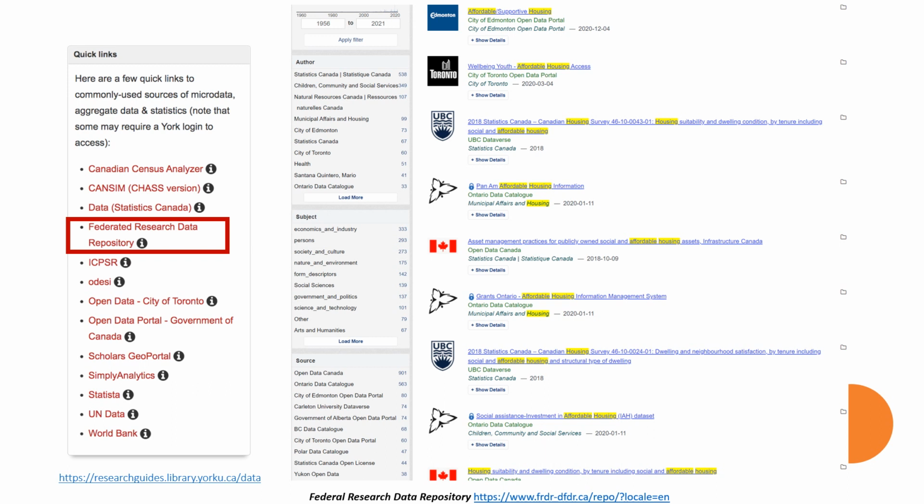The FRDR is linked in the Quick Links section of the library's research guide. Once on the FRDR website, we can search affordable housing and see that we have thousands of results from organizations across Canada, including the City of Toronto and Ontario government datasets.